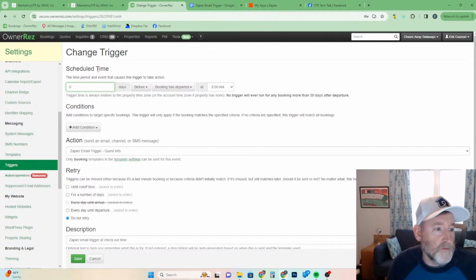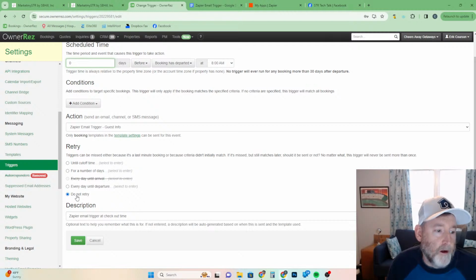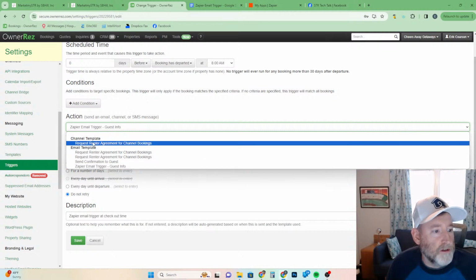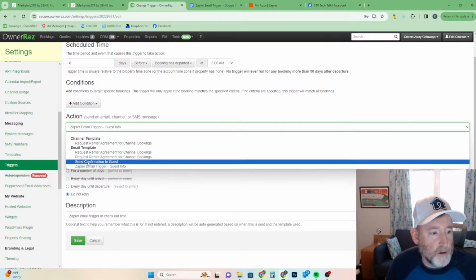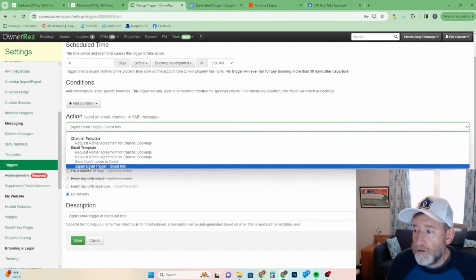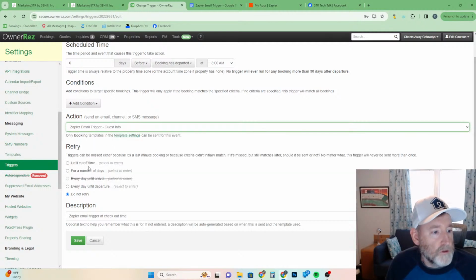So that you can set the trigger accordingly. You could retry it if you need to. In my case, I don't need to retry. You'll give it a description that's just an internal name so you can see what it's looking for. And the key part is action. You'll want to send an email template, and then you should see the name of that template we created moments ago. I called it Zapier email trigger. You call it whatever you want. Just select that, and